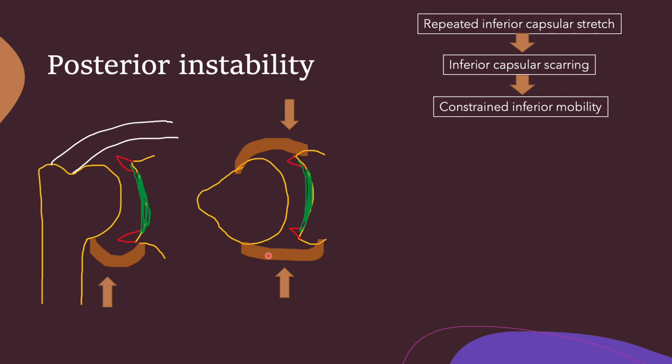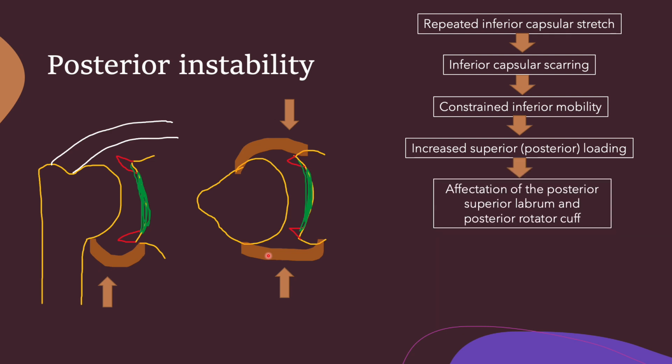So normally when you would move your shoulder into an abducted position, your humeral head tends to descend, but because that capsule is very thick, the humeral head does not come down, and therefore the humeral head moves up. Now, when it moves up, it increases the loading on the posterior superior labrum. That results in posterior superior labral tears, and it also results in some impingement upon the posterior superior cuff, so the posterior supraspinatus and the anterior infraspinatus, right? So therefore, all these conditions, posterior instability, internal impingement, posterior inferior rotational, internal rotation deficit, these are all within a